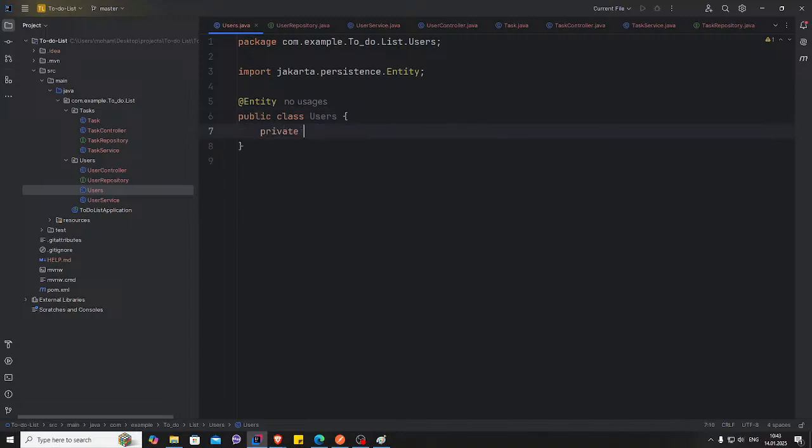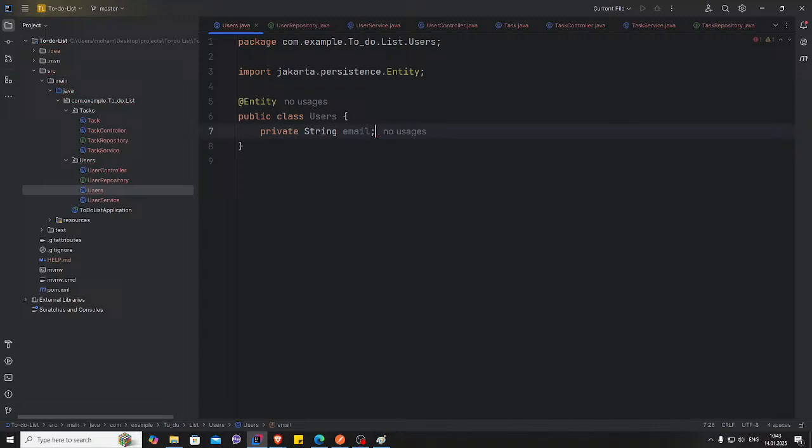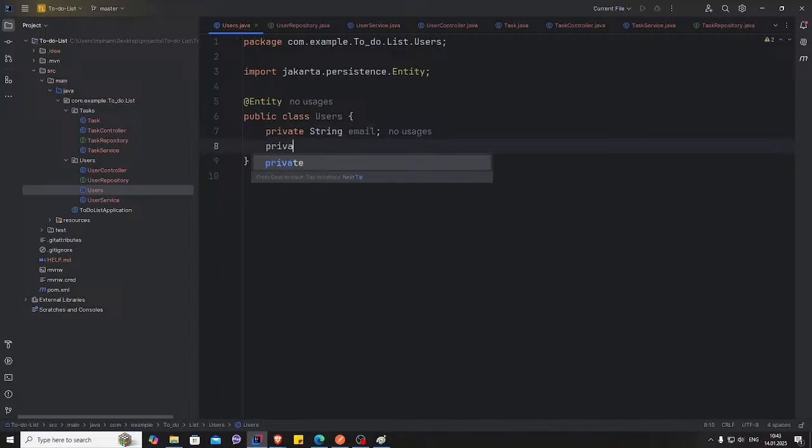I think private string email, of course, private string password, private string username,